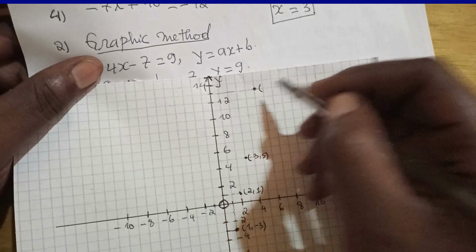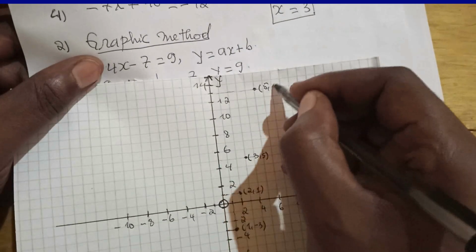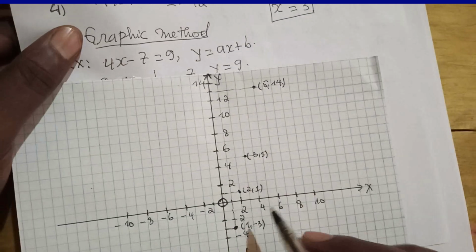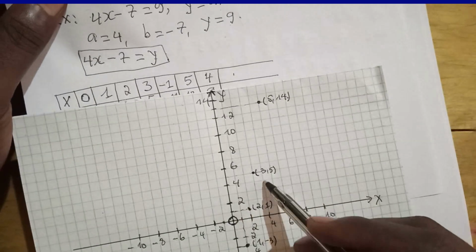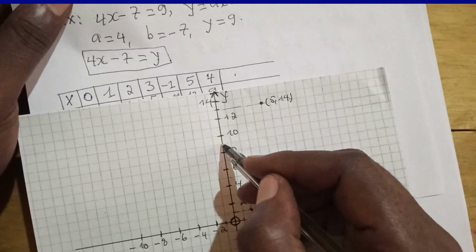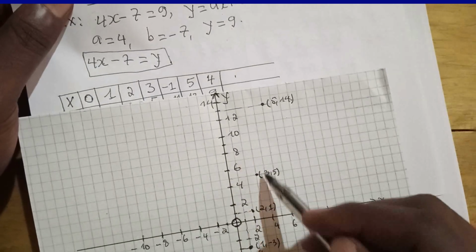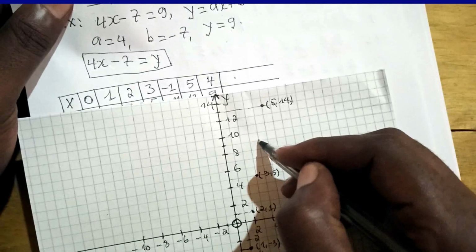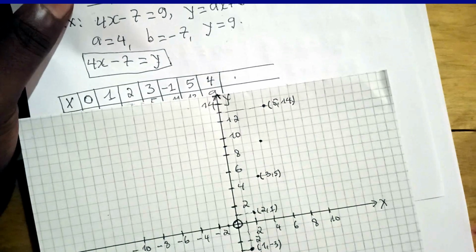This point is 5 and 14. And we are going to determine the value. The last point is 4 and 9. 9 is located here. Then we are going to plot this point 4 and 9. 4 and 9 is at this point. Okay,